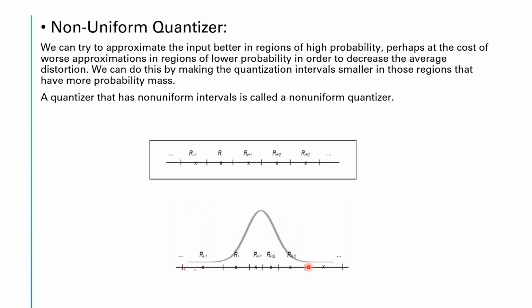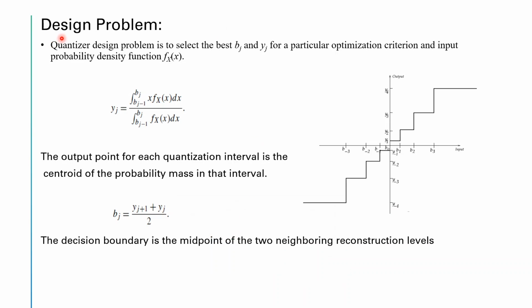When you use a non-uniform quantizer, we choose a larger step near the lower probability region and a finer step at the higher probability region, which decreases the average distortion. Sorry, not prediction error, the quantization error. It reduces the quantization error. So the design problem is that we have to choose bj and yj suitably